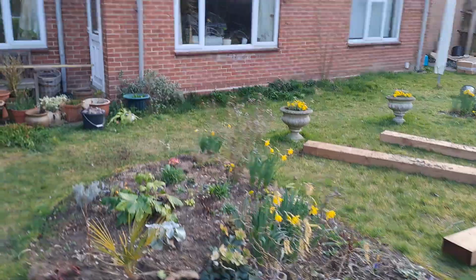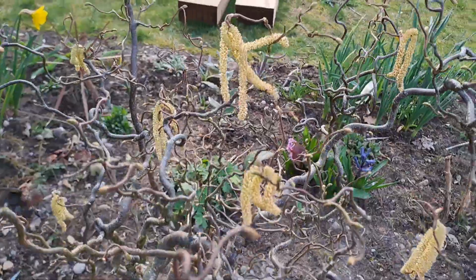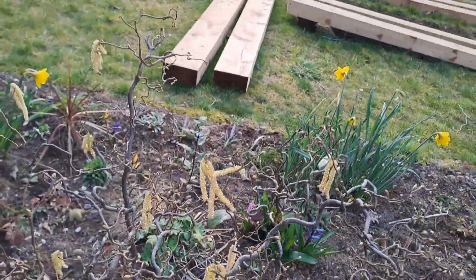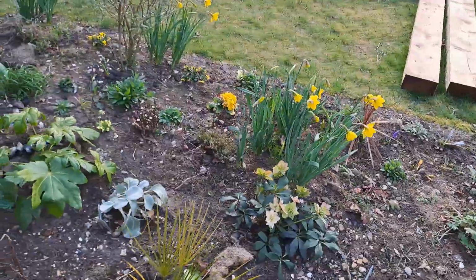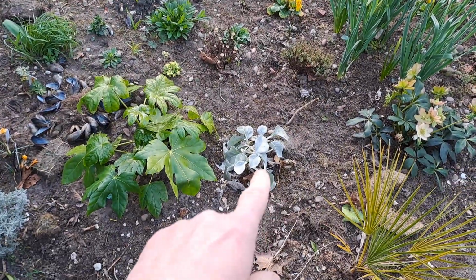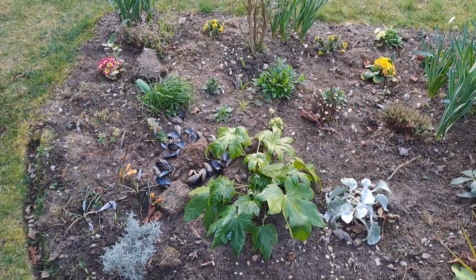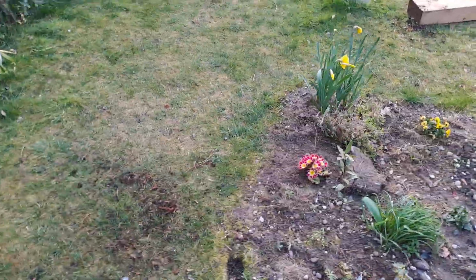What a wonderful thing. And some catkins on the Cornus contorta. The hellebore still looking good. This thing called angel's wings here. And the Fatsia japonica, obviously, which I'm pretty sure is growing quite well even now. Then